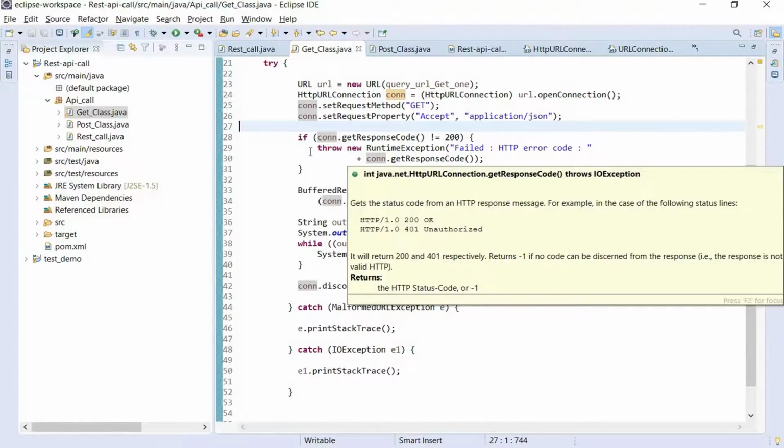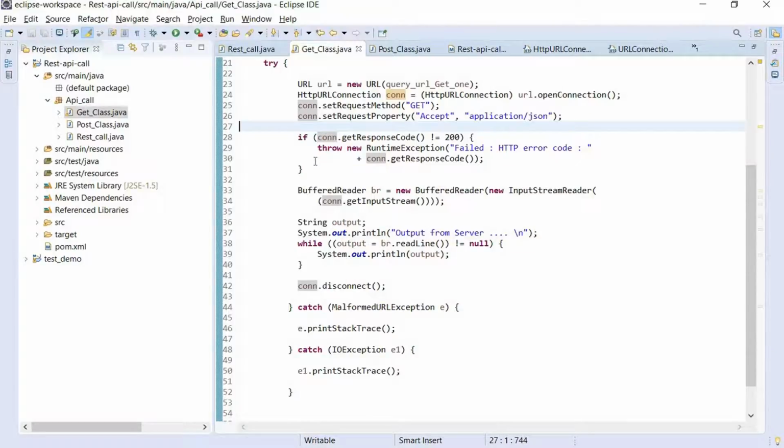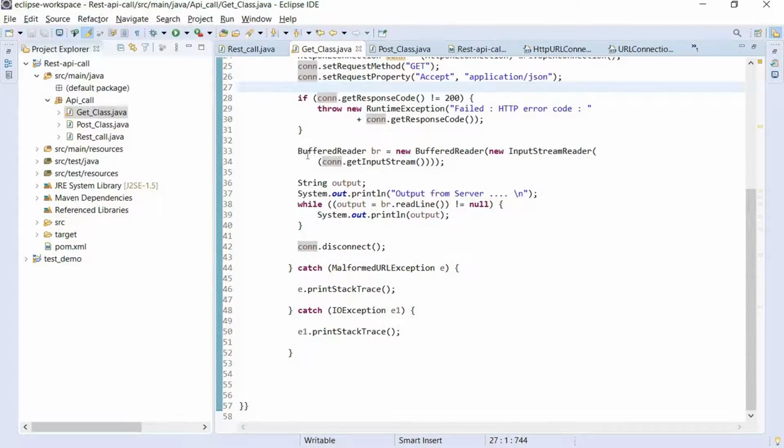If the connection get response code is not equal to 200, then it will throw an error. But if it is correct, then it will read that input, and we are going to print that input in our console. So it will print this if everything goes well, and the output from the server will be printed here.